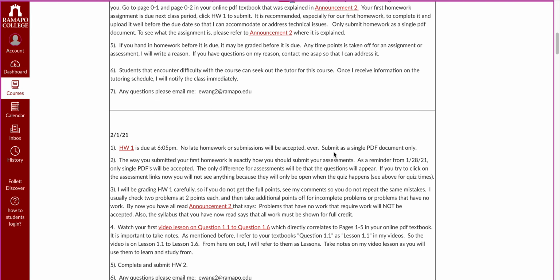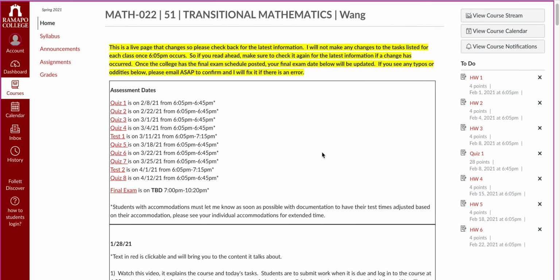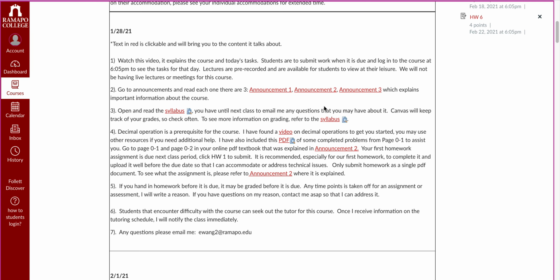So let's scroll back up. This is a live page, so I can change anything at any time unless the date has happened already. Let's just pretend that it's January 29th. I would never, ever edit anything on this page for a date that has passed.